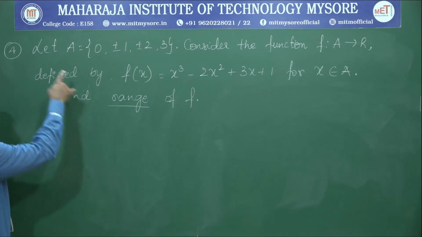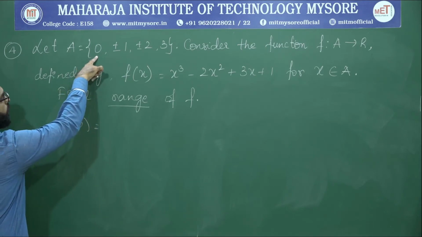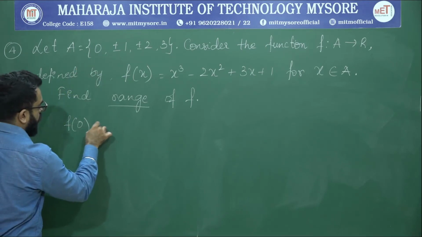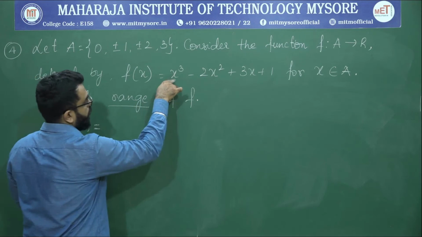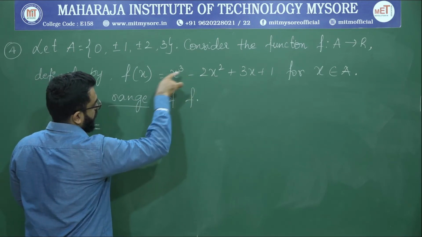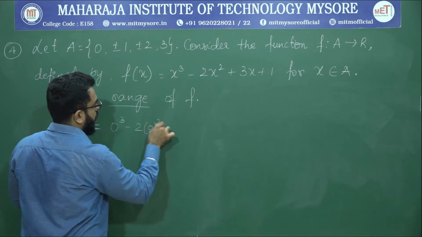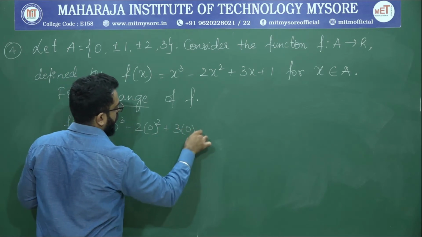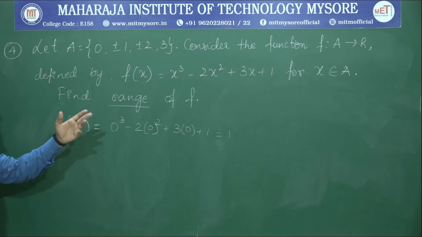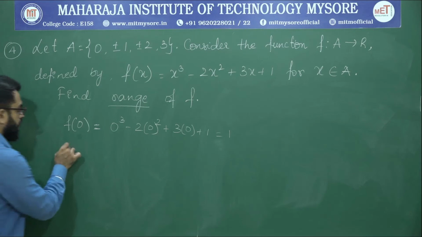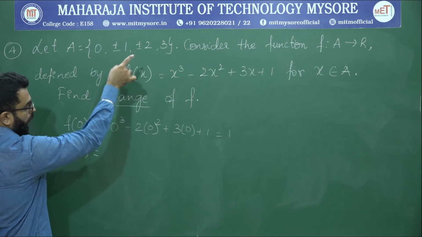First we will consider the first element of set A, that is f of 0. The first element of A is 0. So f of 0, what is the image of this? How do we get that? You substitute x by the values, that is f of 0, 0 cube minus 2 into 0 to the power of 2 plus 3 into 0 plus 1. So this simplifies to 1. On simplification, f of 0 is 1. Similarly, we need to do it for plus 1, minus 1, plus 2, minus 2 and 3.